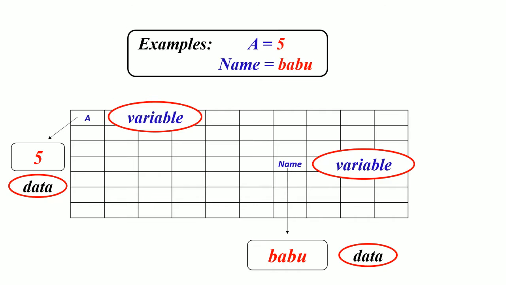So what is meant by data type? The data type defines what kind of data can be stored in a variable. So data type refers to the kind of data. Visual Basic divides data into different types. There are different types of data available in Visual Basic. Let us see the first one, numeric data type.